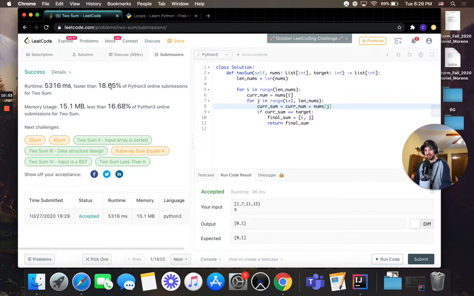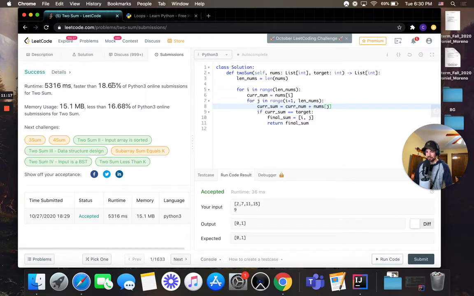Ooh, interesting. It gives you some interesting stats. So mine's a little bit slower than a lot of others. Memory usage 15.1 megabytes, less than 16.68%. So it was accepted,